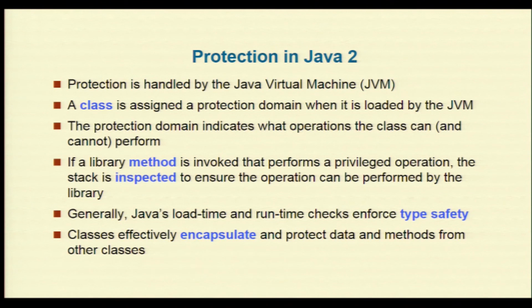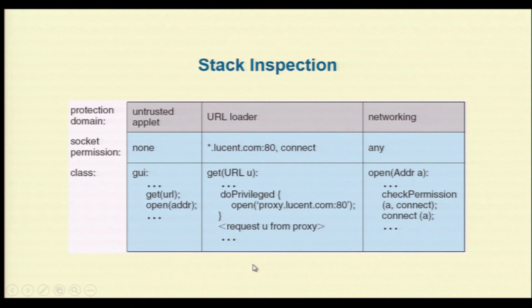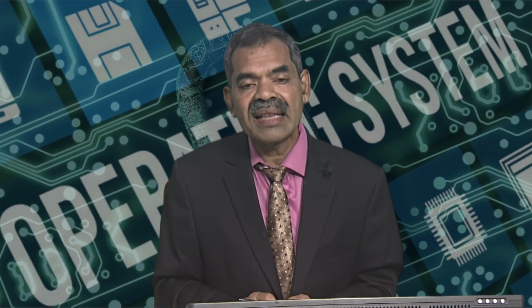Protection in Java, I have talked about Unix, talked about many things. Language based, Java itself has fantastic packages that talk about protection, best handled by the Java virtual machine. We talk about stacks, and then we simply tell that today protection is available across all resources in this method